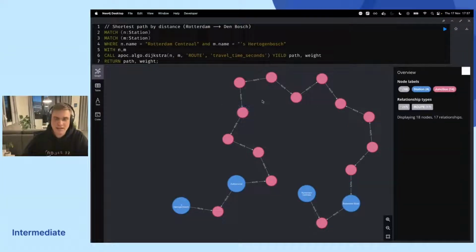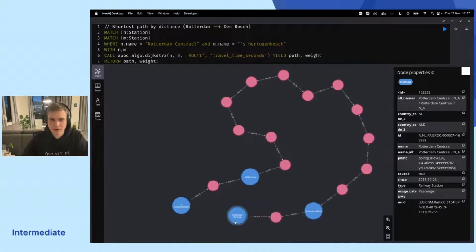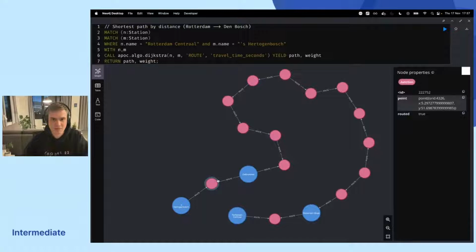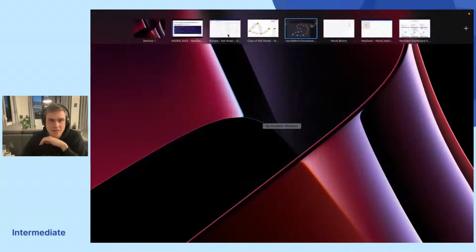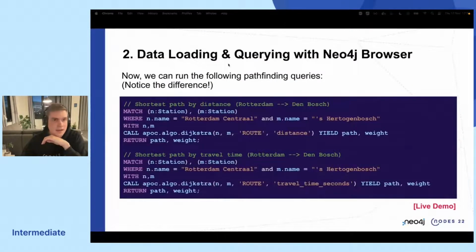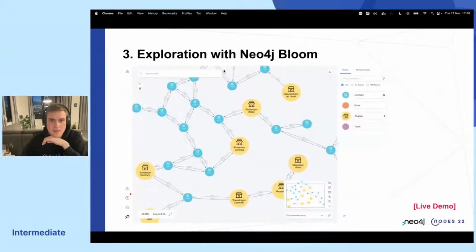So by estimating a route based on travel time, we actually get a different result than using the distance-based measure. So that is a very cool way to see how this makes a difference, and also how the Neo4j browser can be used for visualizing this kind of analytical queries very quickly and prototyping essentially the different things here. So heading back to the slides, and I'm being cautious of time. Moving on,